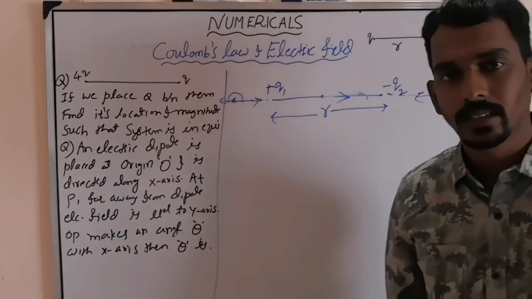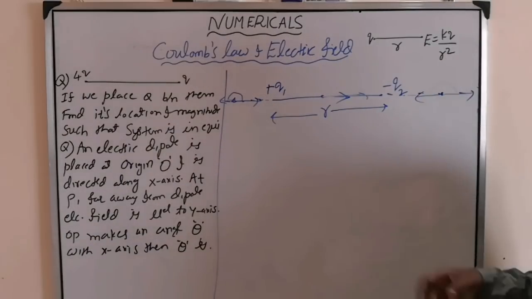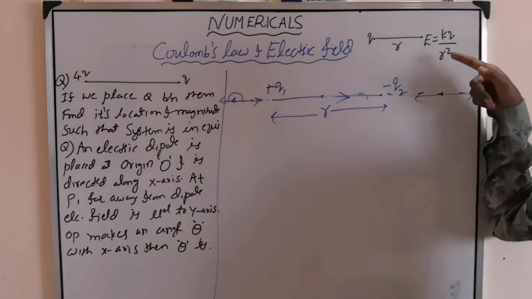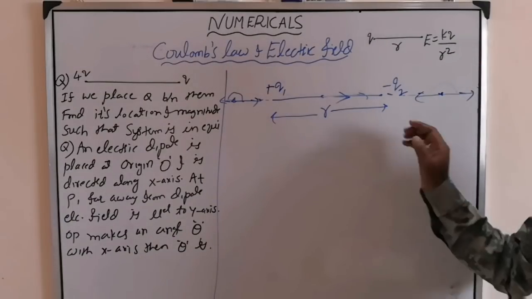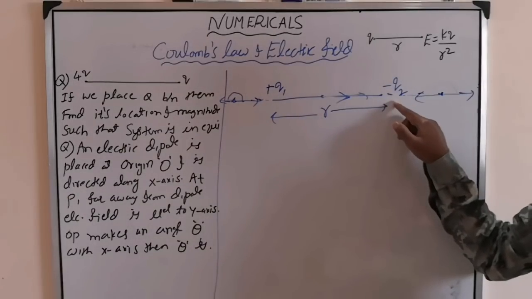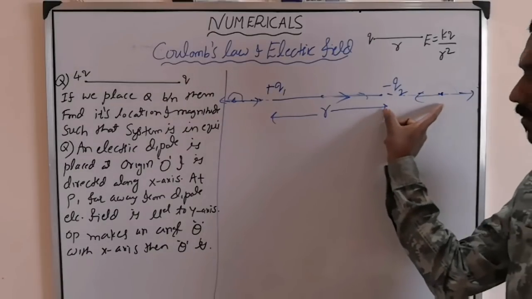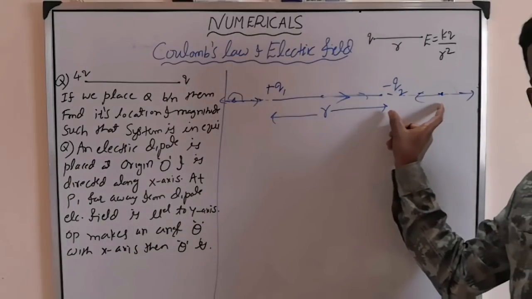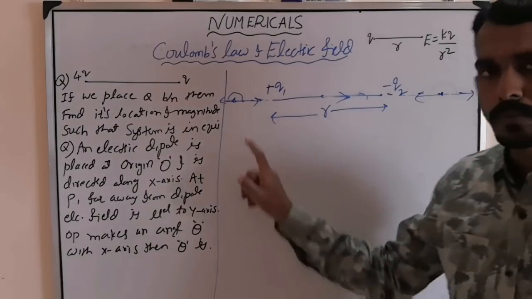Now again the question is rising. Which side do we have to choose? The field formula, if you consider, is directly proportional to charge, inversely proportional to the square of the distance. See, suppose this is a small charge. Then the point, if you take here, the distance from the small charge is also smaller. This is the great charge, big charge, and this distance is also big.